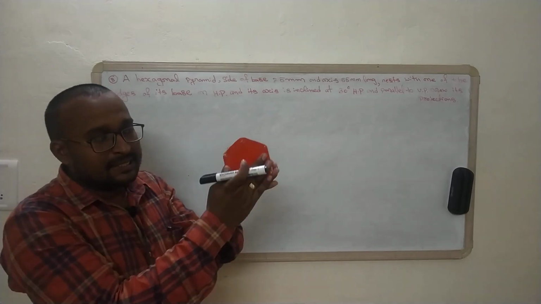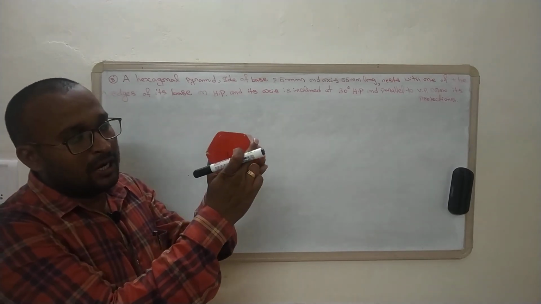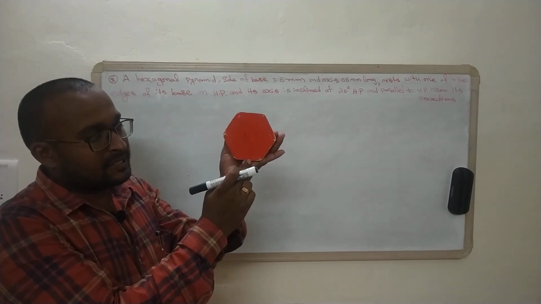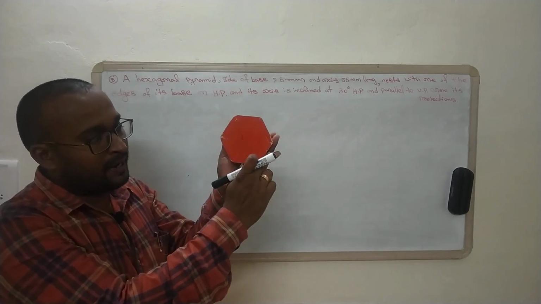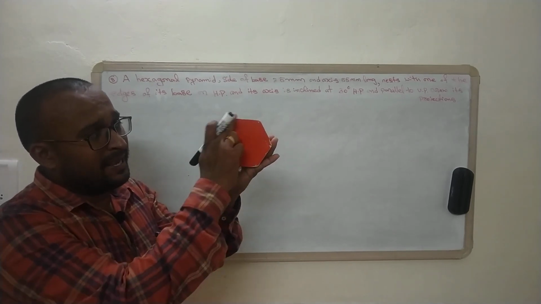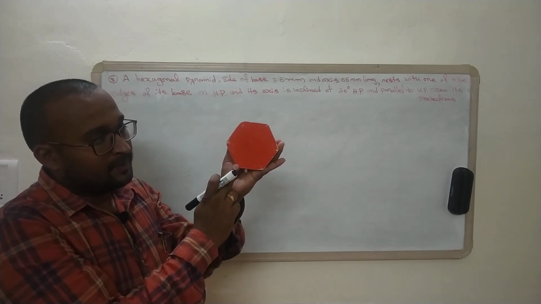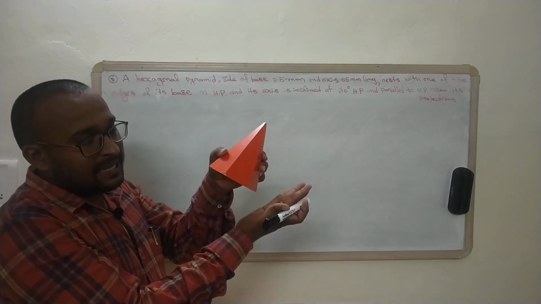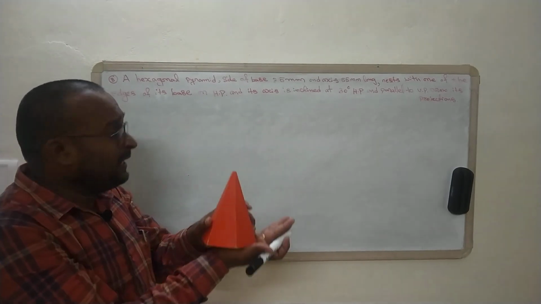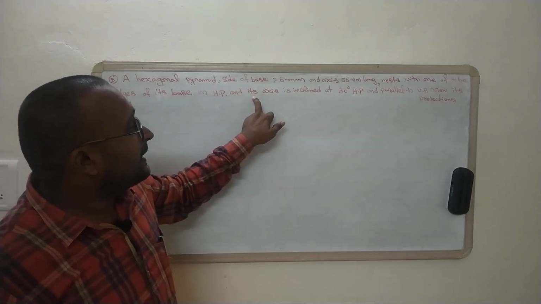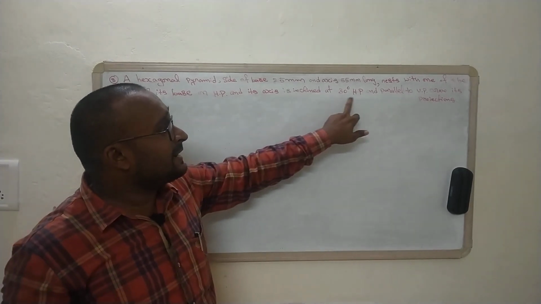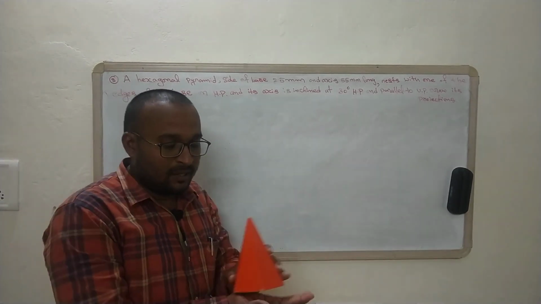So here it is the base, these are all called the base edges, 1 2 3 4 5 6 base edges and 6 base corners will be there, right? So one of its base is resting with its base on HP and then its axis inclined at an angle of 30 degrees to HP. Now here